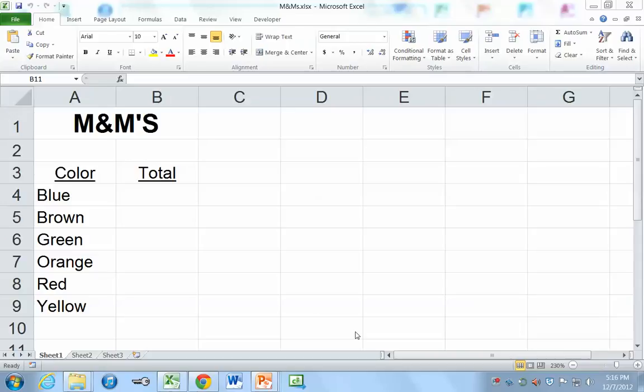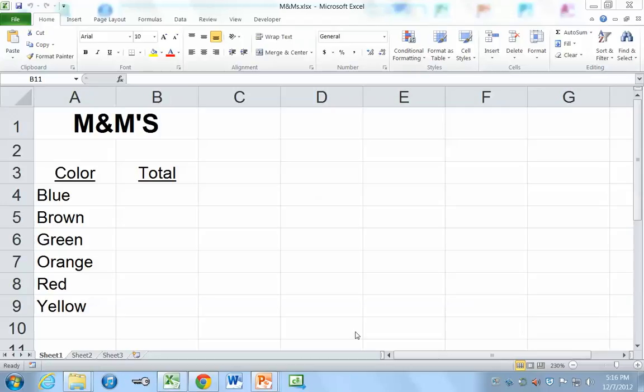This video is to help you complete the M&M's pie chart activity. You'll need to begin by getting a bag of M&M's from your teacher or from your substitute, and then you will need to open those M&M's and divide them into different color groups. Then from Canvas, you should download the